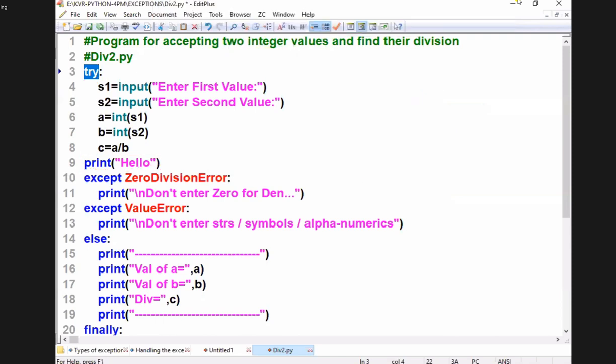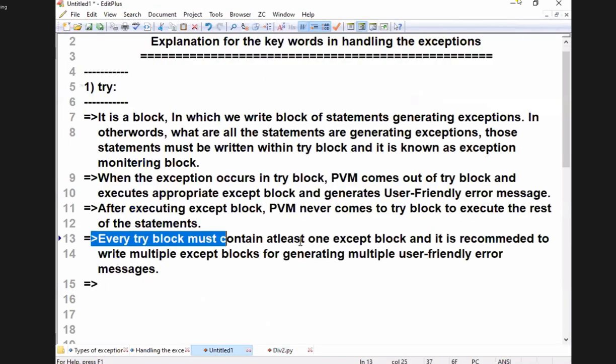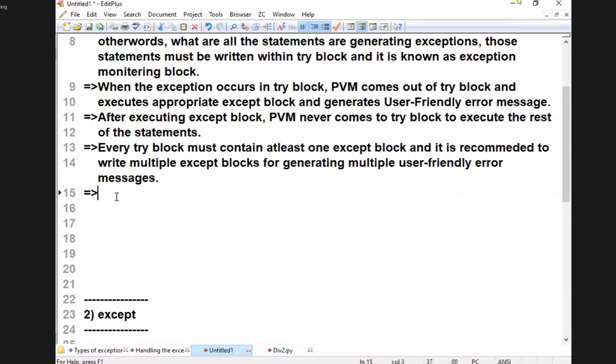No confusion with this point. Every try block must be immediately followed by an except block.